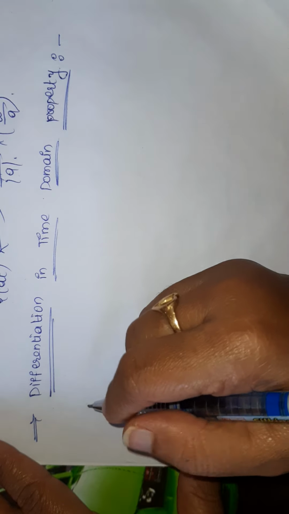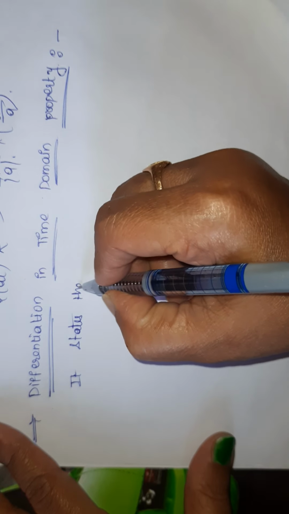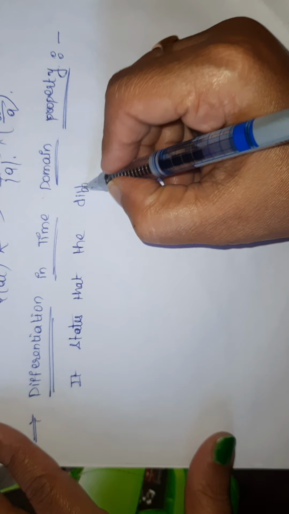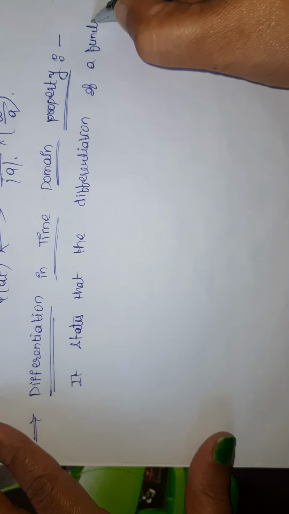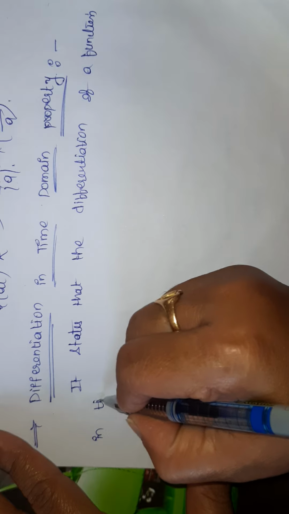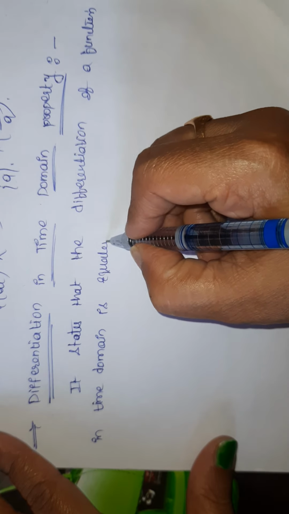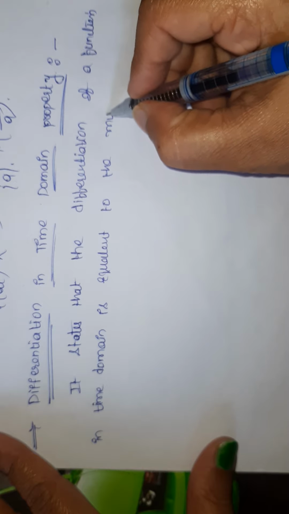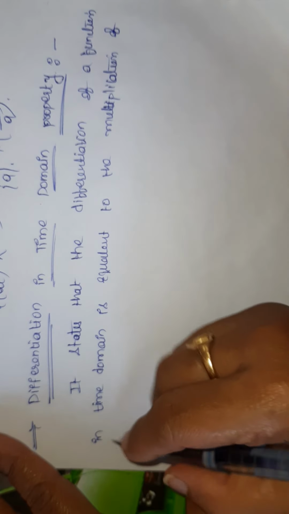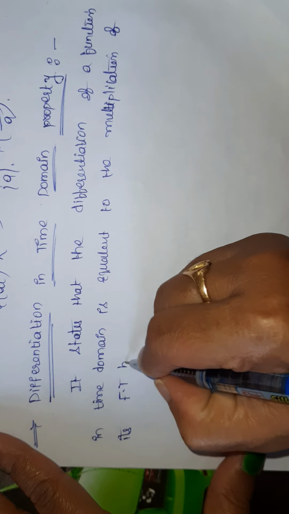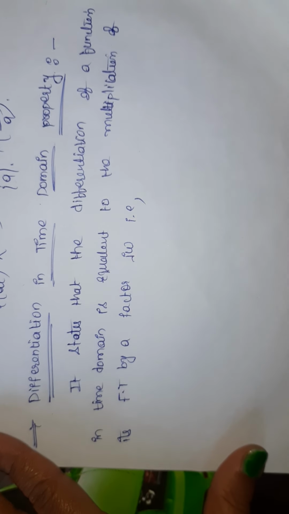The differentiation in time domain property states that the differentiation of a function in time domain is equivalent to the multiplication of its Fourier transform by a factor of j omega. That is,